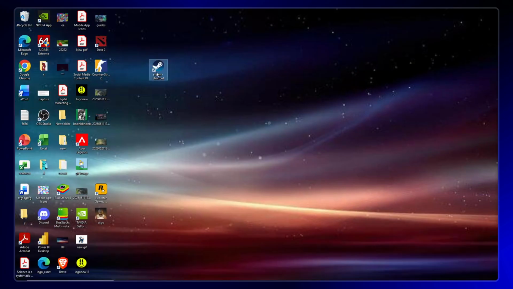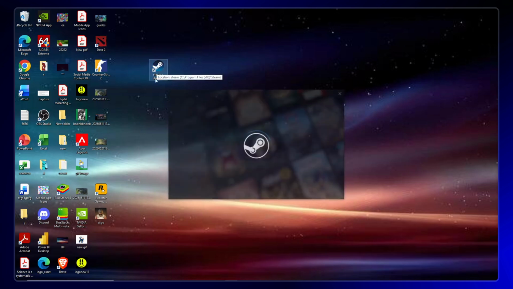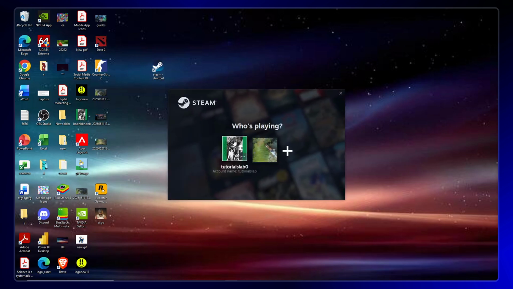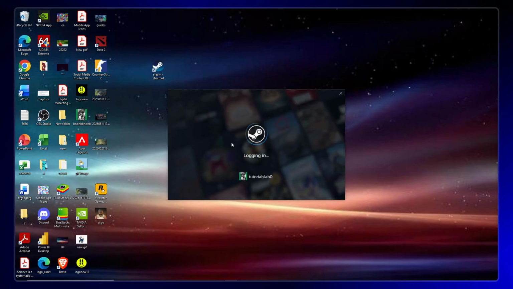Now, find your Steam shortcut on your desktop or taskbar and double-click it to relaunch the application. Wait for a few seconds while Steam loads up completely. Once it's ready, log into your account again and try to redeem your Steam gift card to see if the